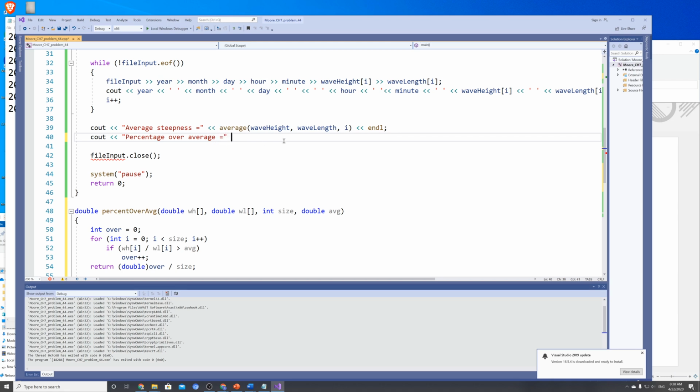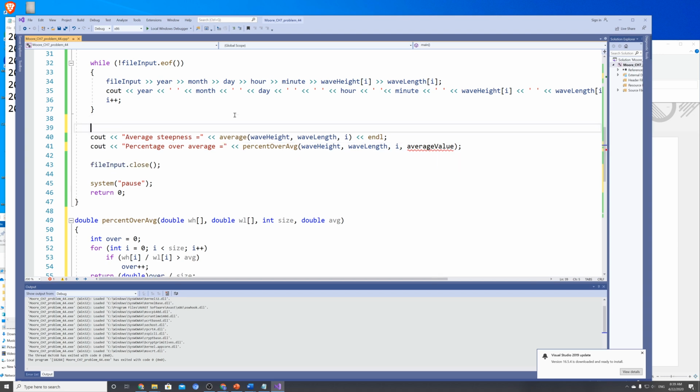Equals. And I'm just going to be percentage over average. Pass in wave height, comma. So these are the arrays. Wave length, the array, comma, and it's the same thing. It's I, except I'm going to do one more thing here. I'm going to say average value. Okay. So I'm going to create this other variable called average value, which I need because I have to use it here. So I'll do average value